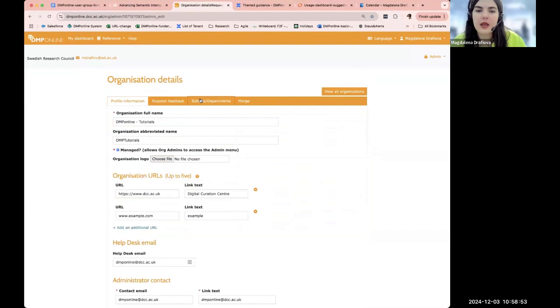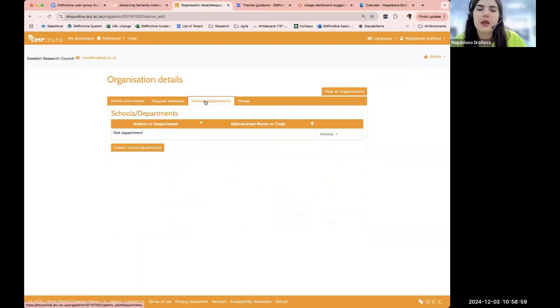There we go. So when you go as an administrator through the link here, you can add schools and departments, and you can create as many or as little as you wish. And this is also a feature which you might not use at your organization. But in case you are, and you would like to get more details on this, again, this is the,